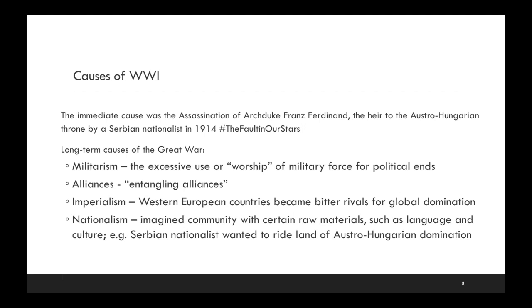Alliances caused the war. The major European powers were dragged into a local Balkan dispute by Europe's encompassing system of competing international alliances. The war stemmed from a local Balkan dispute between Serbia and Austria. Remember, Archduke Franz Ferdinand was assassinated by a Serbian nationalist, and this was a local dispute, but the rest of Europe was dragged into this dispute because they were allied with Serbia or Austria, or with one of their allies, and hence were compelled to join the war.